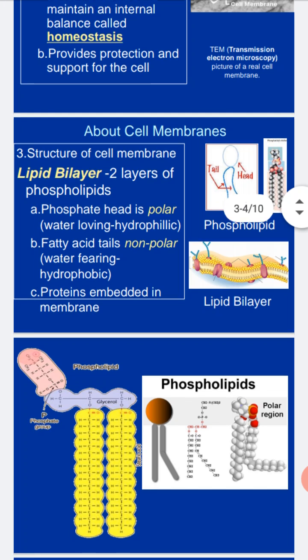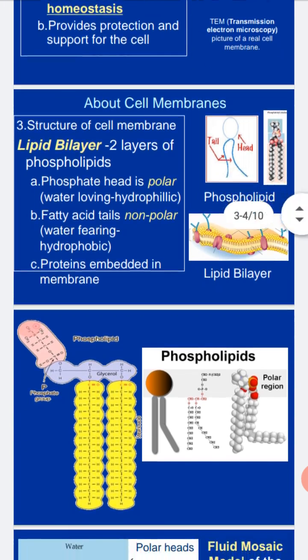Now this is a very beautiful diagram of phospholipid. Double layer of phospholipids you can see, and the round structure, that is the polar region, the red one, means water loving, that is, it is hydrophilic. Hydrophilic means water loving. So here you can see how the phospholipid layers are there. Double layers are visible and they have the polar end and the tail end.